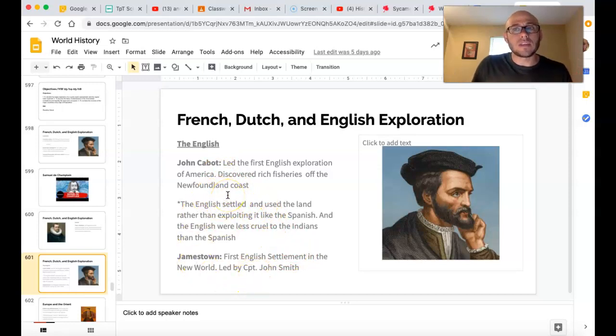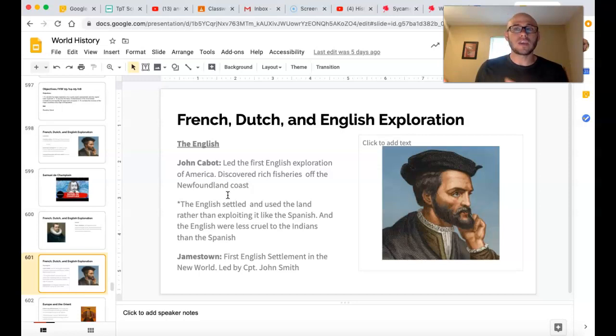The English, this is an important point I want you to notice about the difference between the English and the Spanish as they explored. We talked about the Spanish last week, right? We talked about how the Spanish had conquistadors like Cortez that came, and what they wanted to do was basically conquer and subdue the natives, use them as slaves, and then keep exploring and try to find gold. The whole point was to clean the land out of any gold or anything else that's valuable and go back. But the English had a different motive, as we're going to see more next year in United